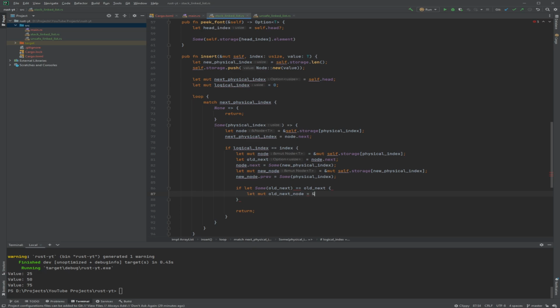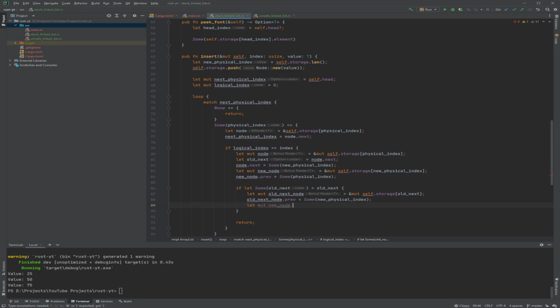The previous needs to be the new one, because it sits right between these two. What is wrong? Oh, yeah. And then old next node previous will be this new physical index, and then